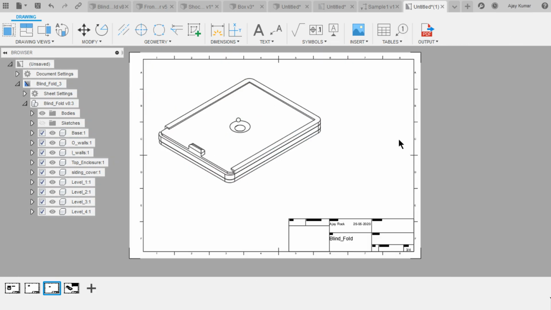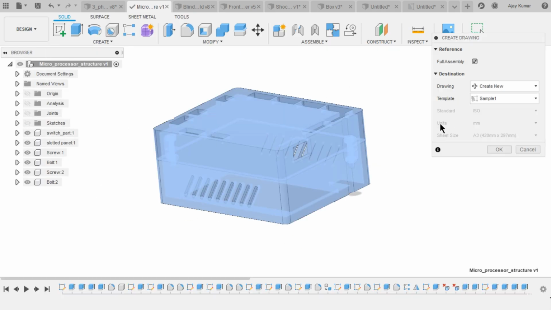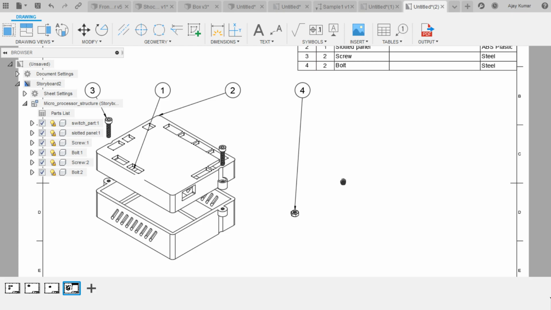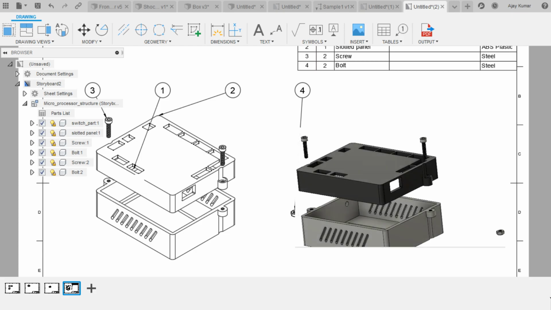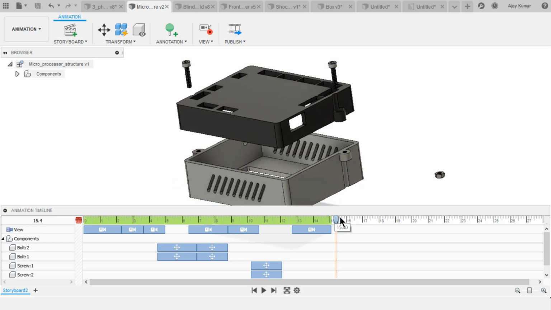Awesome. Note that the storyboard represents all the parts positioned at the end of the storyboard. Copy how these transformed in space. We're going to apply sample 1 template for this. Observe that the end of the storyboard and this drawing sheet are same. You didn't know that? Now you know. If you already did, congrats!